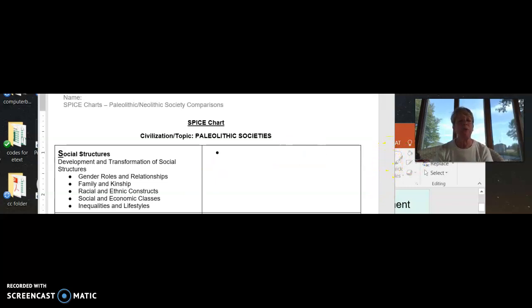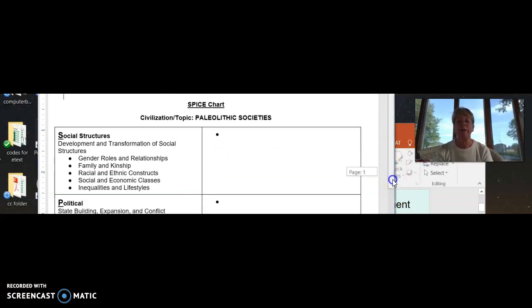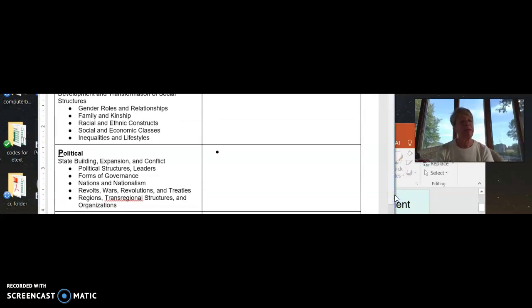When we go to the political part, we will see that we're looking at state building. In other words, how people organized over time the political aspects of their lives. How are they governed? How do they build a civilization? What are the political structures? Is there a king? Is there a president? Is there a prime minister? What is that form of governance? Is it a monarchy? Is it egalitarian? And nations and nationalism. We'll look at revolts, wars, and revolutions, treaties, regions,